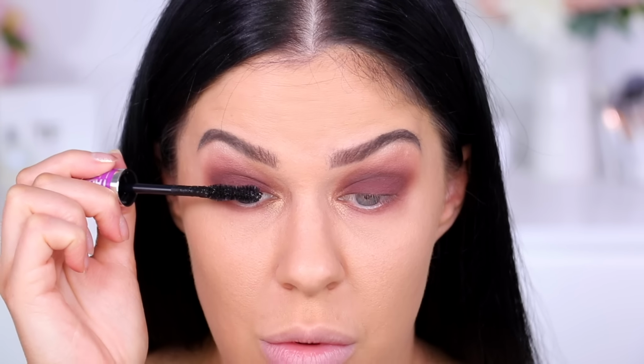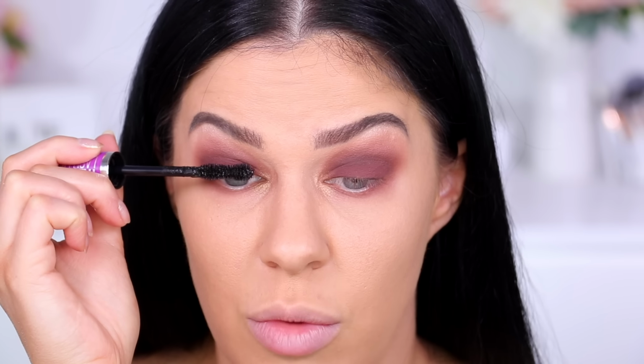I was quite a big fan of the original when they brought it out, and I don't think it was that long ago, maybe a few months. So we'll see how the waterproof goes. I typically have a hard time with waterproof mascaras transferring onto my oily skin, but Maybelline mascaras for me, and honestly, you guys,